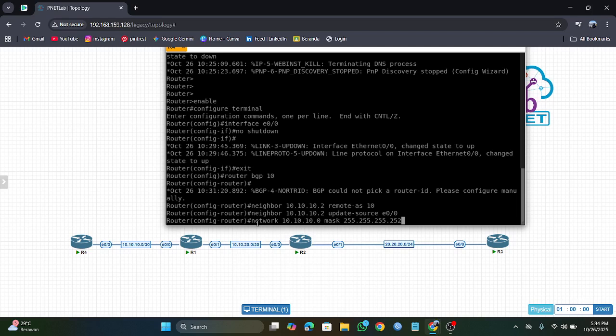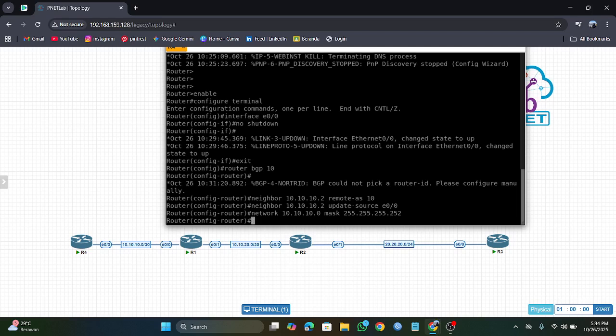The network here serves to add this network. Next you enter again.